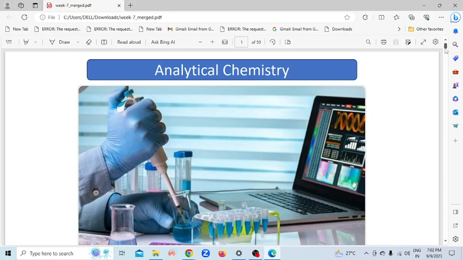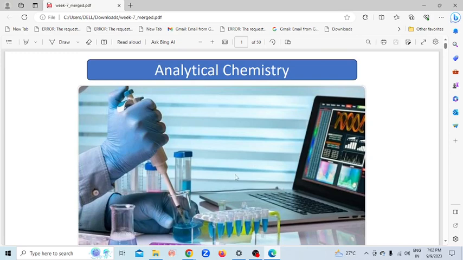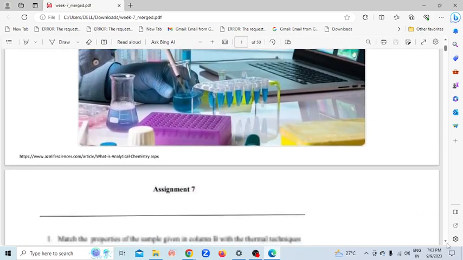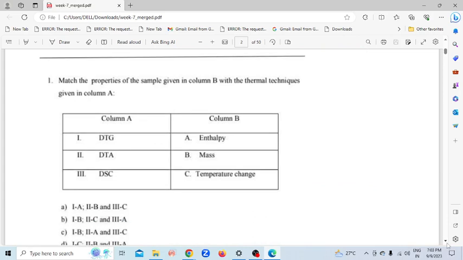So today we will discuss the week 7 assignment of last semester. Then we will discuss some concepts which were taught in this week. Okay, so this is assignment number 7. We will solve the questions one by one. So in the first question,